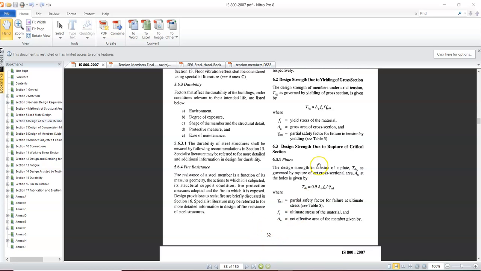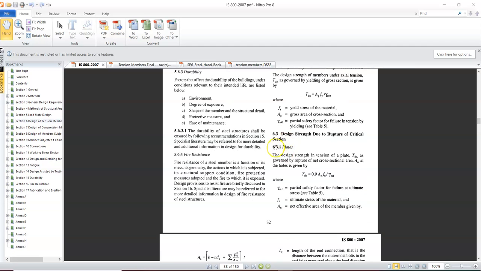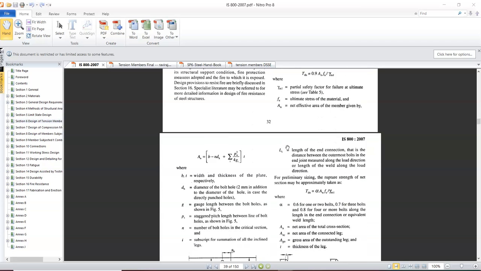Page number 32. So 6.3.1 will help you to calculate design strength due to rupture of critical section of the plates. 6.3.1. When you come down,